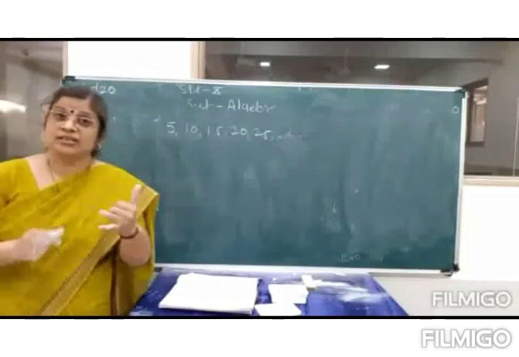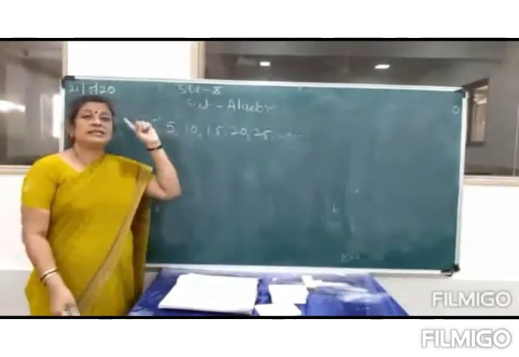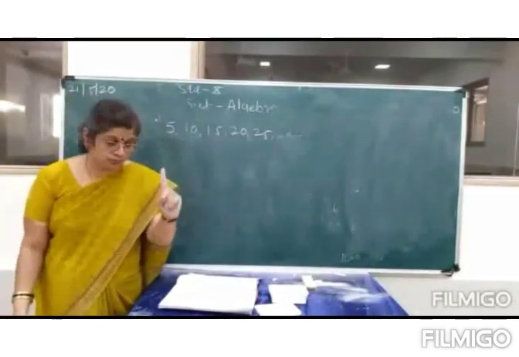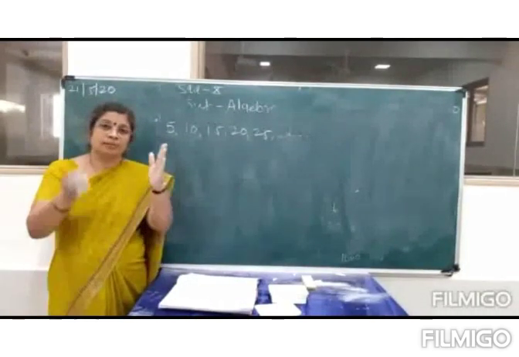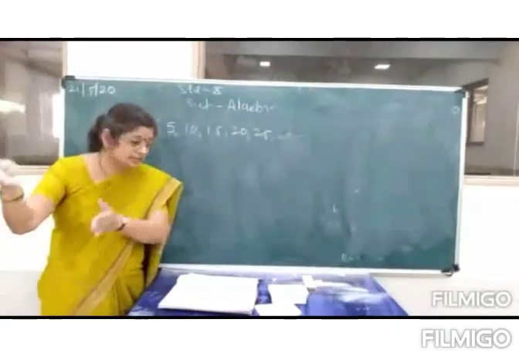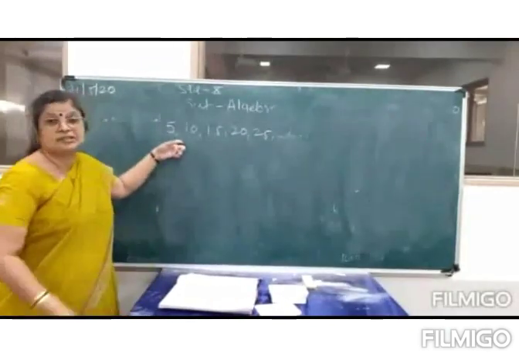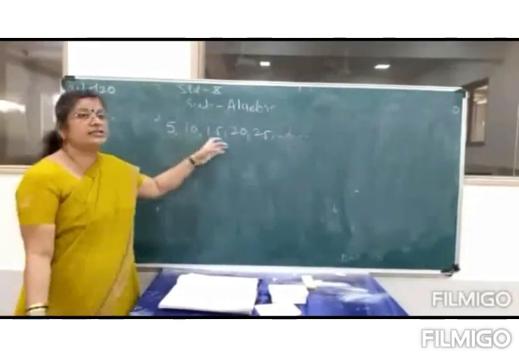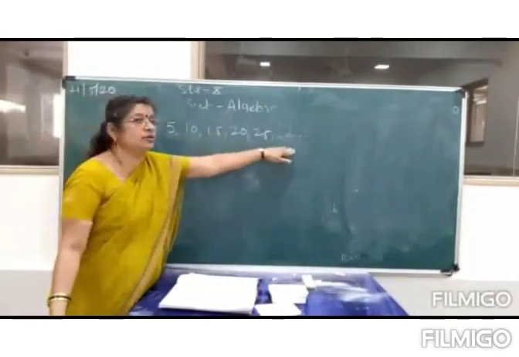Now, first, second, third, 3 examples we have seen. Example number 1 and 2 are finite AP. Why is it finite AP? Because the terms are fixed, numbers are fixed. How many months it is required to repay and all that is fixed. Whereas the third example is an infinite AP, because here it is not ending.